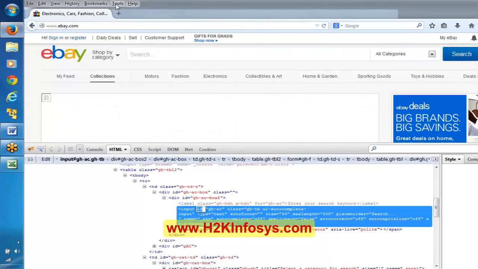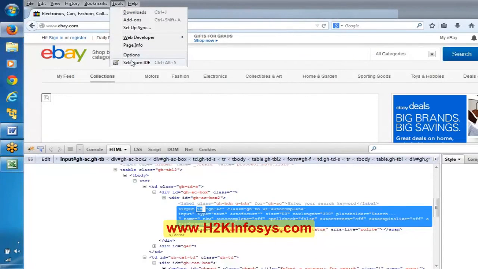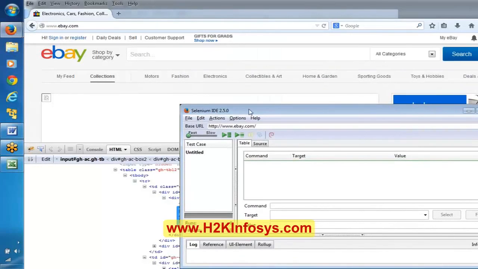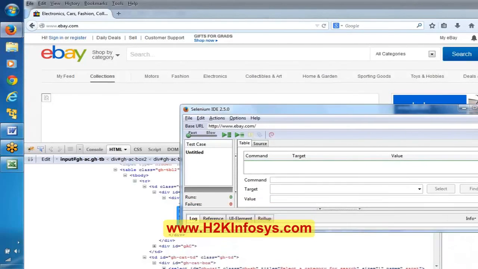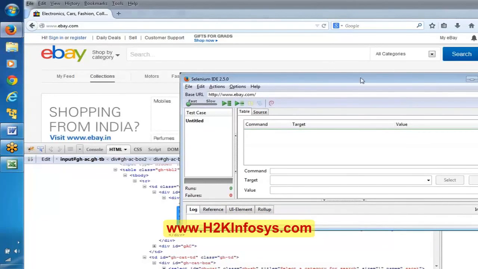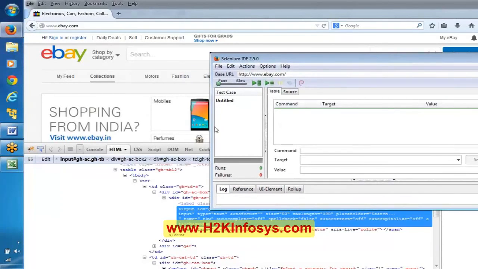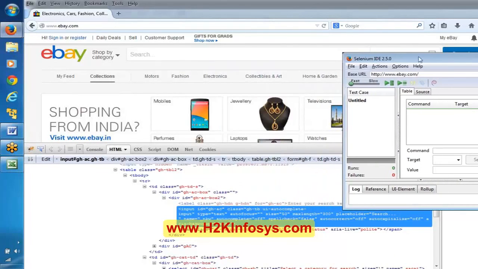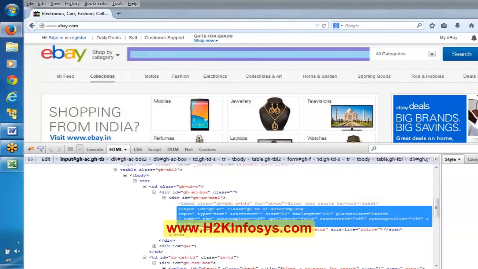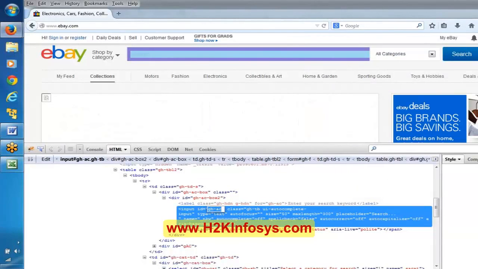Now everyone observe here, tools, Selenium IDE. In the previous classes I was showing this Selenium IDE, and Selenium IDE is one of the components of Selenium. I am saying Selenium uses this ID to recognize this particular object.